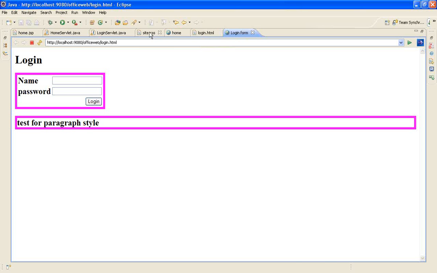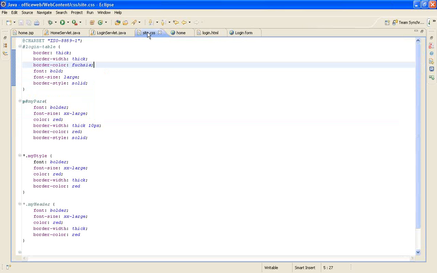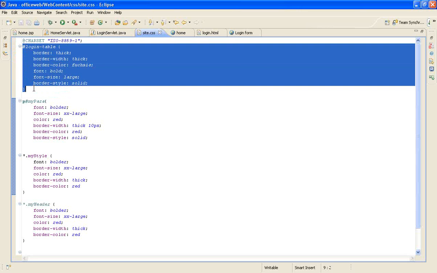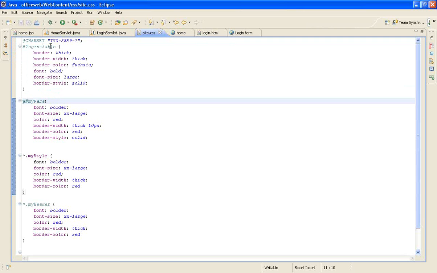That's where the exciting thing about web building comes in. If I use the same style across the whole application, a single change here reflects on every page. It really looks cool, right? So that's about the login table, the ID-based one.